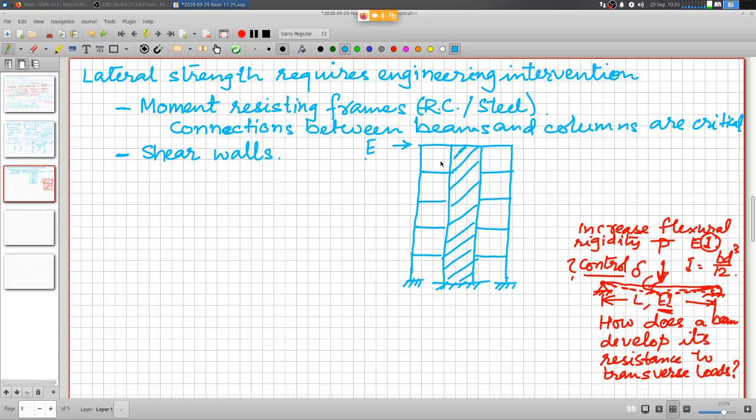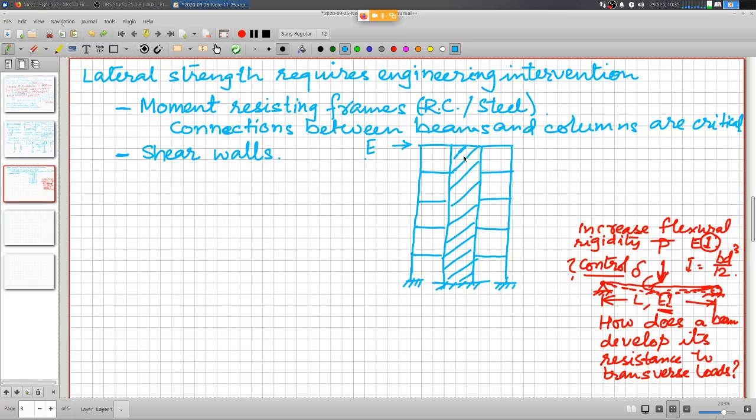Right? So it offers a very great degree of resistance to lateral deformation transverse to its axis. Right? So this is one of the very effective mechanisms of developing resistance to lateral loads, and often